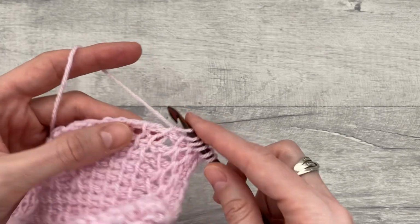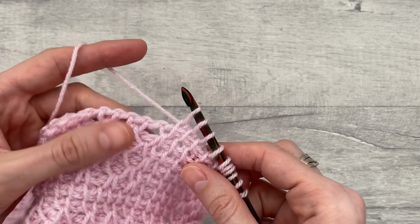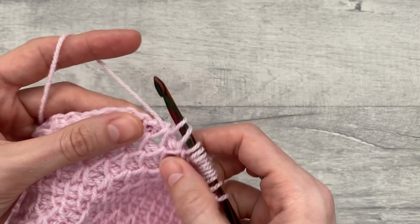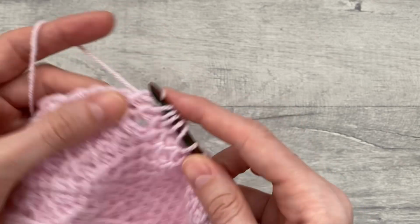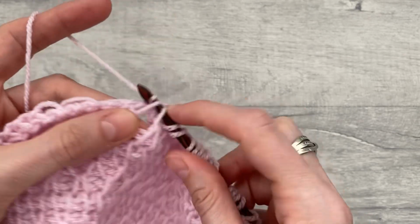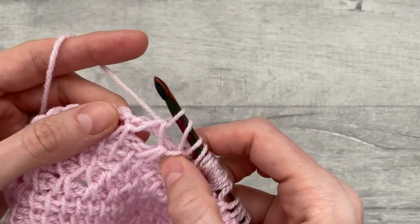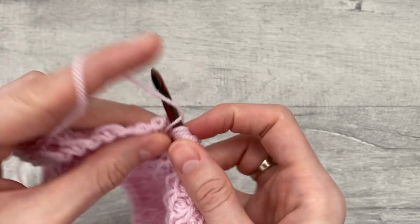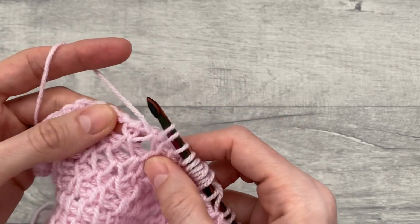So that's 1, 2, 3, 4, 5 and 6, followed by Tunisian 2 simple stitches together and yarn over twice, followed by Tunisian simple stitch in next 6 stitches, followed by 2 Tunisian simple stitches together and yarn over 3 times, followed by Tunisian simple stitch in next 6 stitches, followed by 2 Tunisian simple stitches together and yarn over twice,